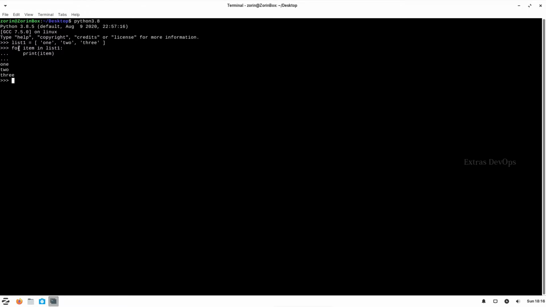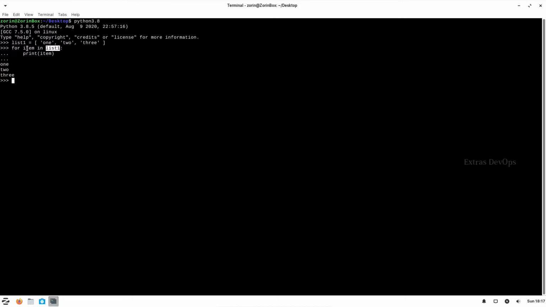This is the syntax. For item is a variable which we are creating within for, and in list is the variable in which we have the list of items through which we have to iterate and perform the operations inside the for loop. So each time this loop runs, each element of this list will be taken into consideration.